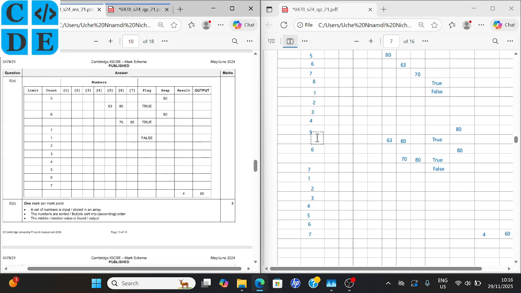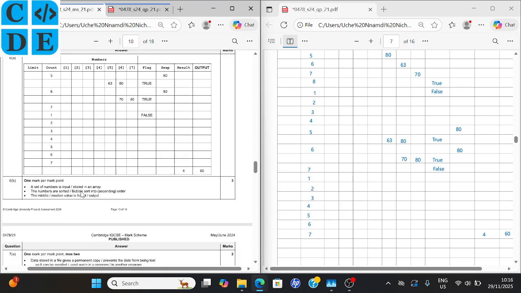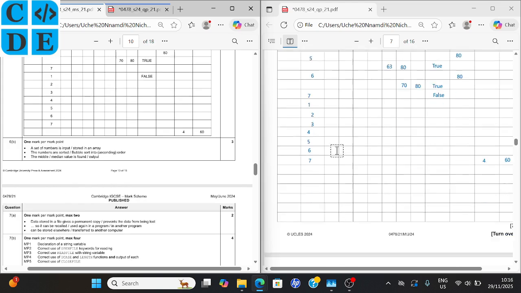And this one keeps changing. You can see 1, 2, 3 all the way to 5, and then changes to 6, and then 7, and then 1 all the way to 7. So which is very okay. So for